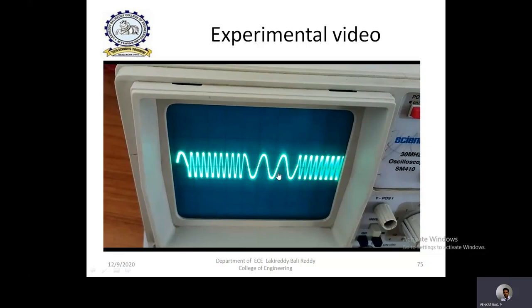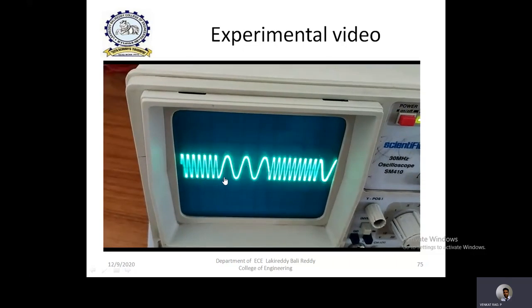Okay, from this waveform, from the FSK output, you need to calculate what are F1 and F2 frequencies. That means from the CRO screen, note down the time period during this high frequency region. So 1 by time period will give you the frequency, that is F1, that is mark frequency. Similarly, during this low frequency period, calculate the time period. 1 by time period will give you the frequency. So that frequency is equal to F2, that is space frequency. So you need to calculate that, right?